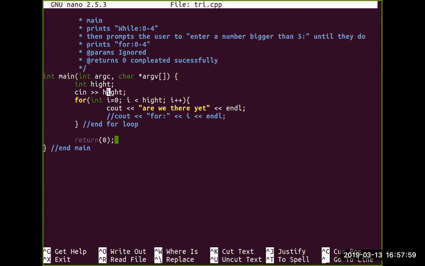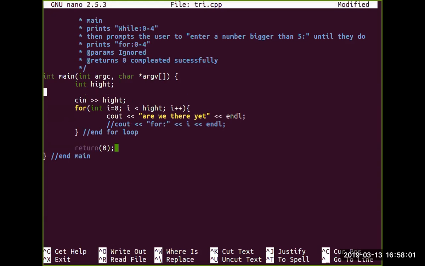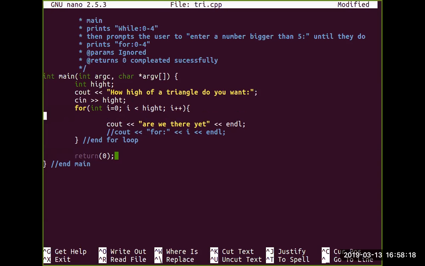So we should probably ask the user for input. How high of a triangle do you want? Okay. So we're always going to print out the asterisk because we need this right here. So let's write the code to do that. For these triangles, you have to do that in the main,